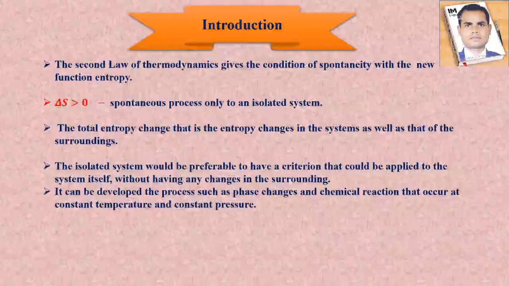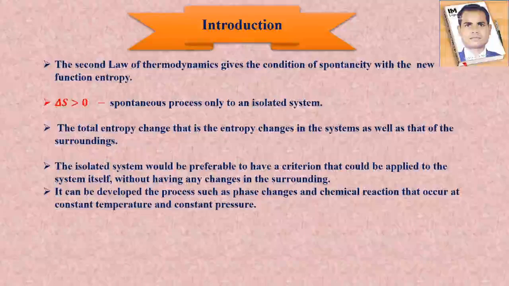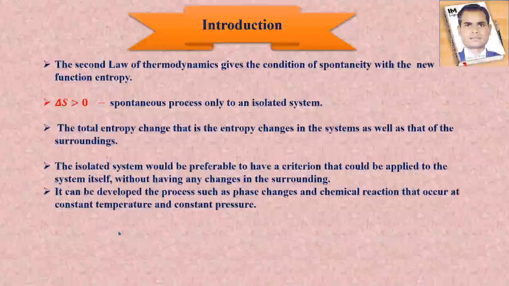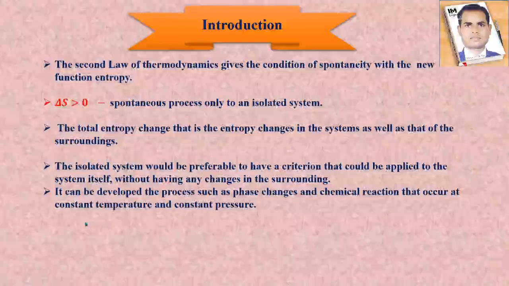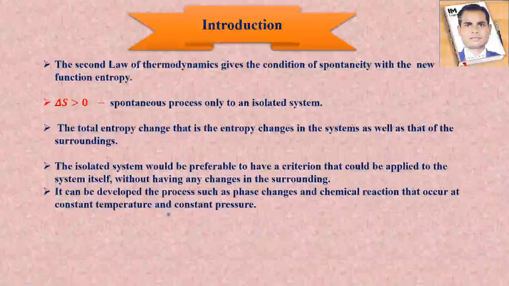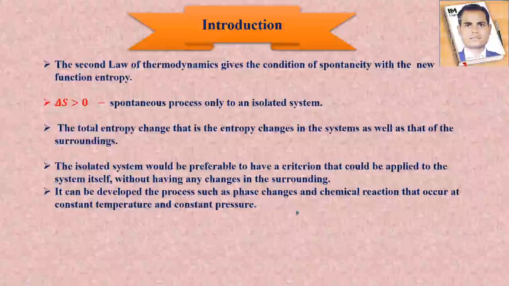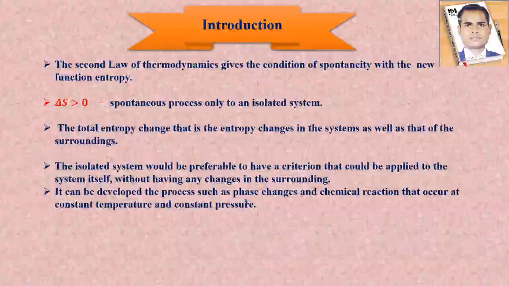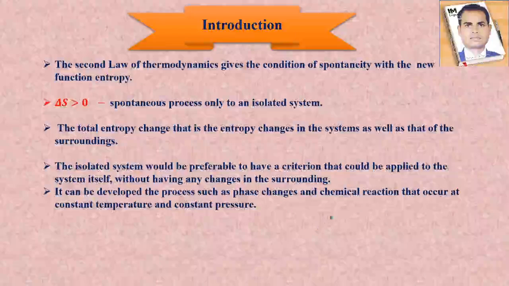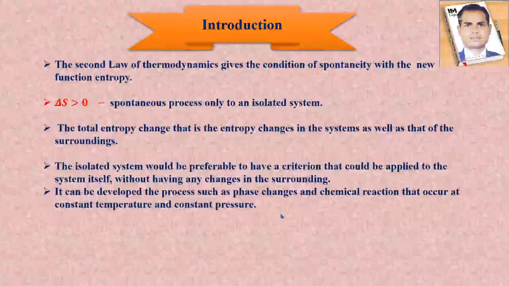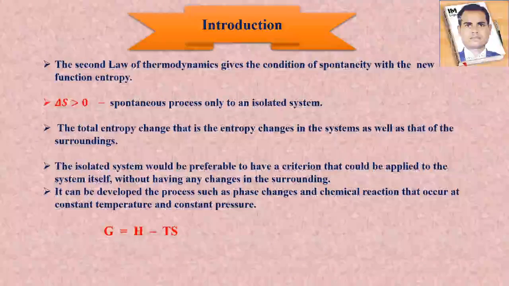Now a criterion can be developed for processes such as phase changes and chemical reactions that occur at constant temperature and constant pressure. If you keep those two conditions, temperature and pressure, constant, there will be changes in the solid, liquid and gas phases, right? And chemical reactions will occur in this kind of process,